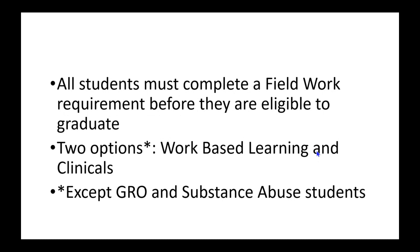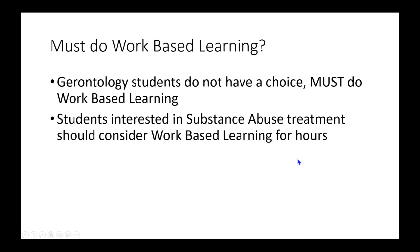There was a gerontology AAS degree, but that has phased out, and that's not really available anymore. But anyone who's still in the gerontology track of the AAS degree must choose work-based learning, and so must substance abuse students, and we'll talk about why substance abuse students might want that. So again, gerontology students have to do work-based learning because of the requirement for that type of degree; they cannot do clinicals. If you are a student that is interested in substance abuse as your field, where you want to work after you graduate,